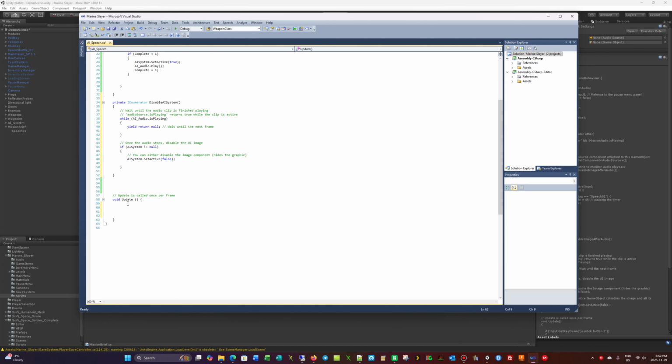So in our update, we're going to add a key function, and we're going to use our X button because it doesn't have a function. So we're going to use Input.GetKeyDown, and for the X button on the controller, it's going to be joystick button 2. So if that is pressed,